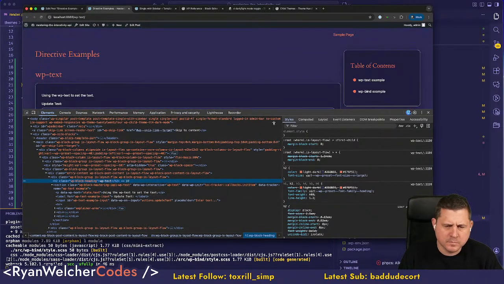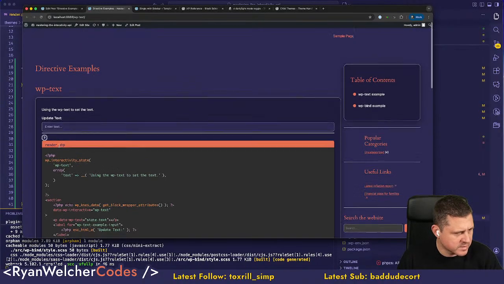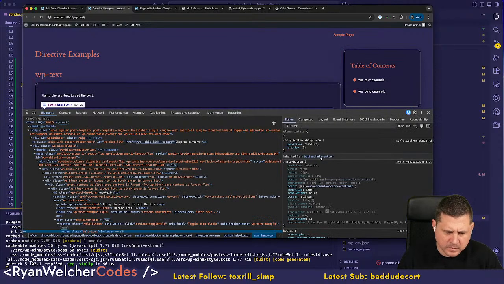What? So I don't know why this is being targeted, but this is not being targeted. Where is this getting its CSS from? Let's look. Where's it getting CSS from? Button from help, from style. That's right. Okay, so